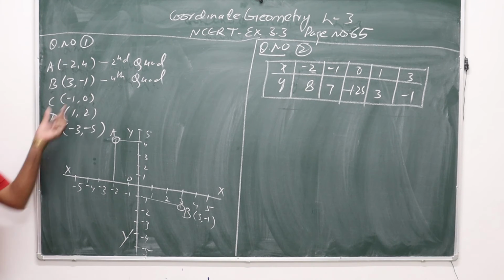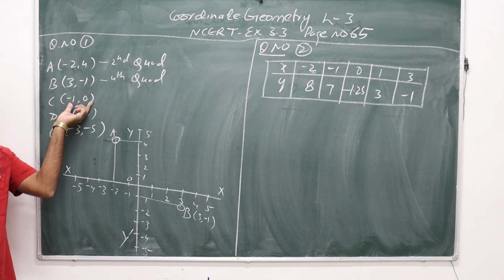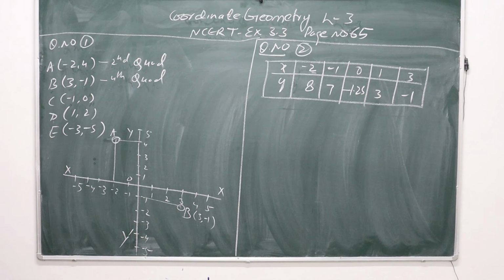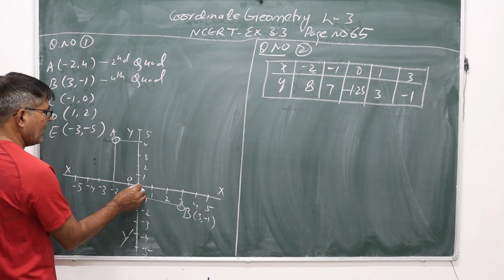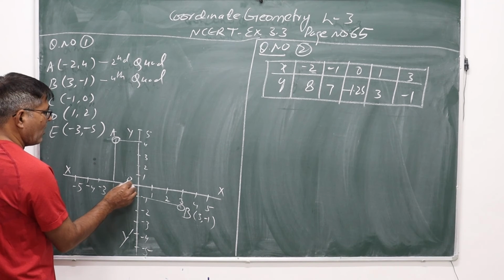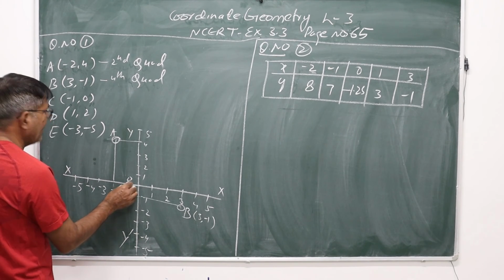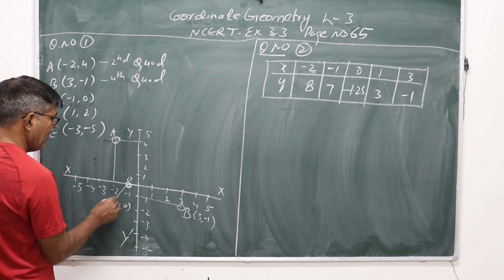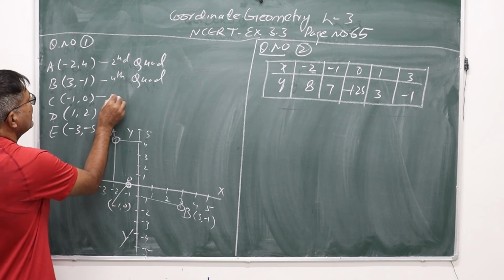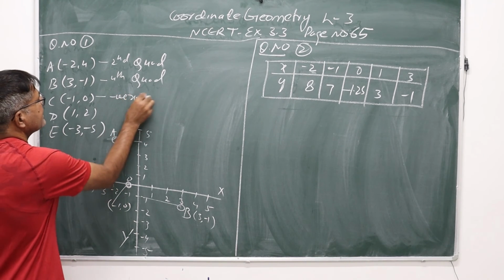अगर किसी पॉइंट के कोऑर्डिनेट में y कोऑर्डिनेट अगर 0 हो तो वो x एक्सिस पे होगा, और एब्सिस्सा अगर नेगेटिव है तो नेगेटिव x एक्सिस पे, और पॉजिटिव है तो पॉजिटिव x एक्सिस पे. सो -1, 0, y तो 0 है, सो x एक्सिस है और x कोऑर्डिनेट -1 है, तो पॉइंट की लोकेशन होगी यहाँ पे. This is -1, 0 which lies on negative x axis.